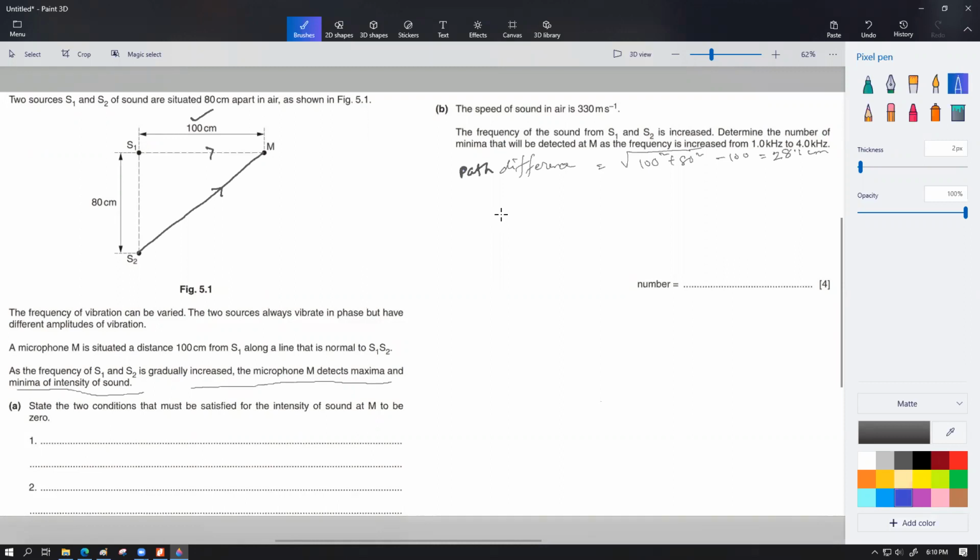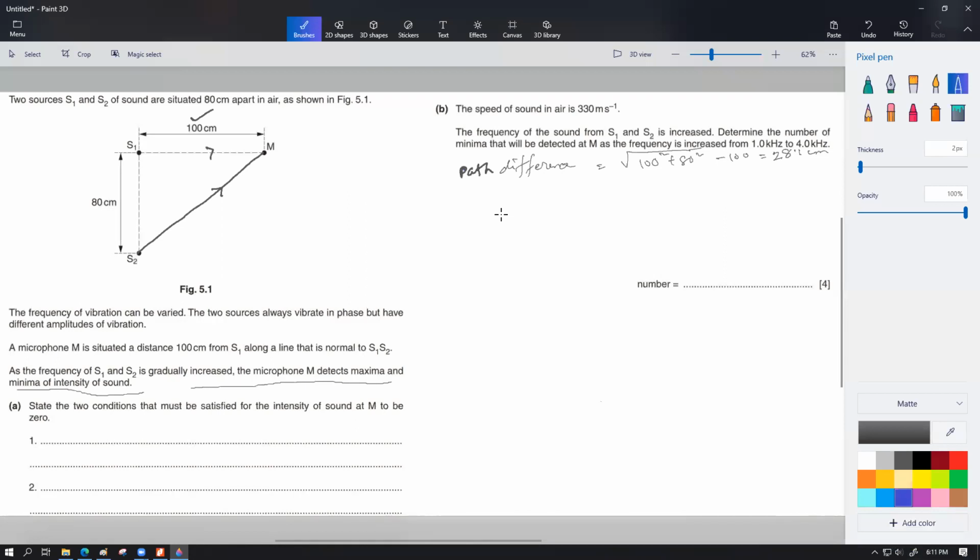One of the additional problems of this question is that, first of all, it is difficult for many students to understand the content of the question, the part that I just explained to you. If students are not introduced to this kind of question beforehand, and they come across it in the first place, it is pretty common that they cannot even comprehend why a single location of the microphone would experience multiple maximas and minimas. That's the first difficulty that students face, which I tried to explain to you, and you agree that you understood. That's point one. The second point is that, to solve this problem, the question is asking us